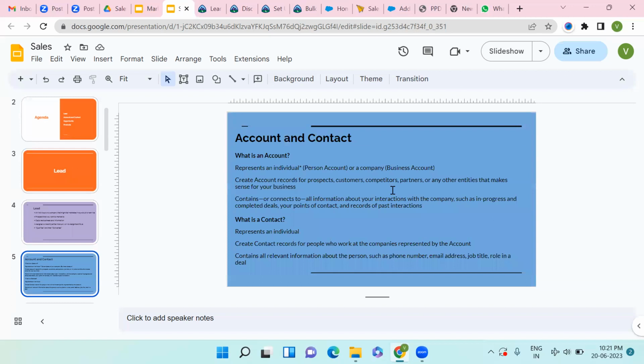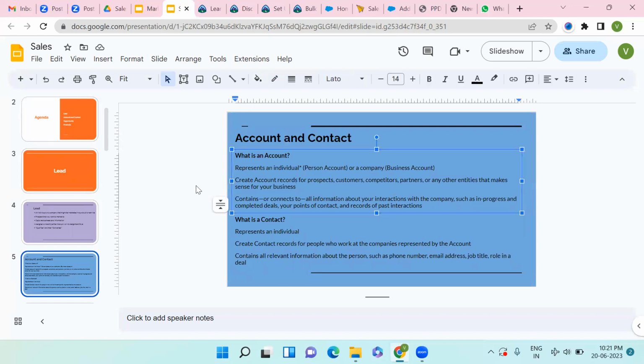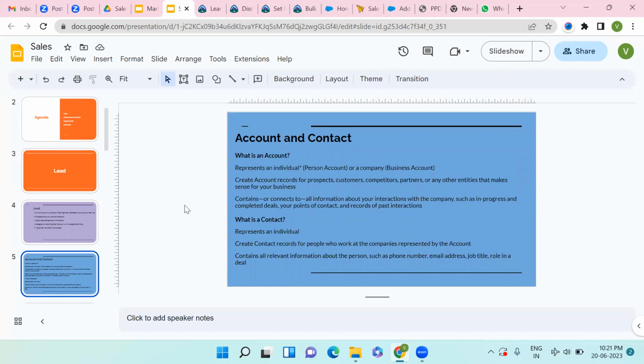Account and contact. Whenever you are creating a lead, you need an account. An account is not only a single person, it is like a company or an individual also. Because it holds the basic information of your company or your particular individual, it must be created so that you can log a call or send an email, or connect socially via any platform. Salesforce allows us to connect via Twitter or any social platform.